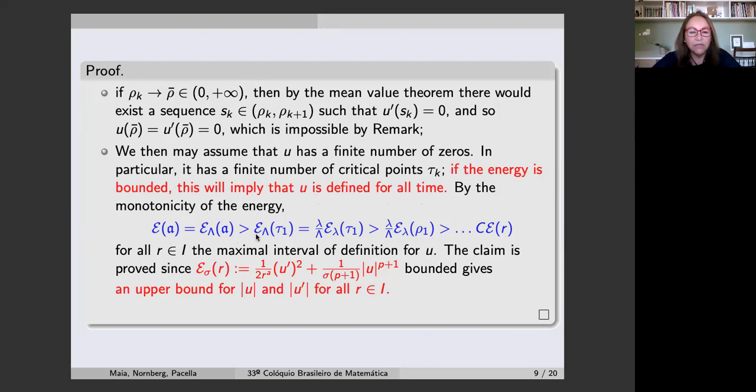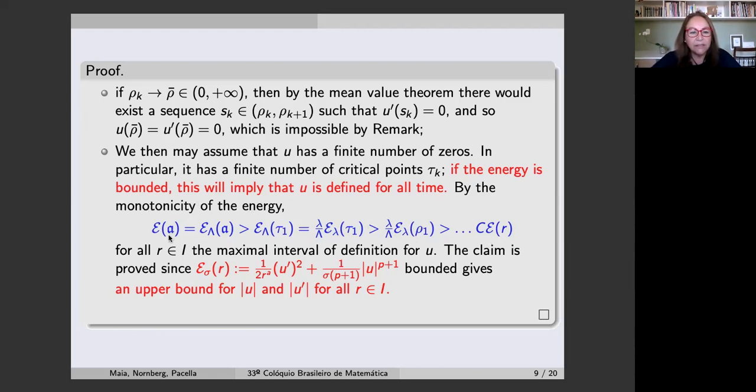By the monotonicity of the energy function, you start with the energy at a, its initial value. It's given by capital Lambda because at this initial value, u times u prime is positive. So it's decreasing, therefore, in the first critical value, you have this inequality, but in the first critical value, this is defined by the other expression, small lambda, in this way. Small lambda is also decreasing, so in the next root 0, you have the decreasing function, you have this comparison, and then you can go on comparing up to the last rho_k. And then you have that the energy is